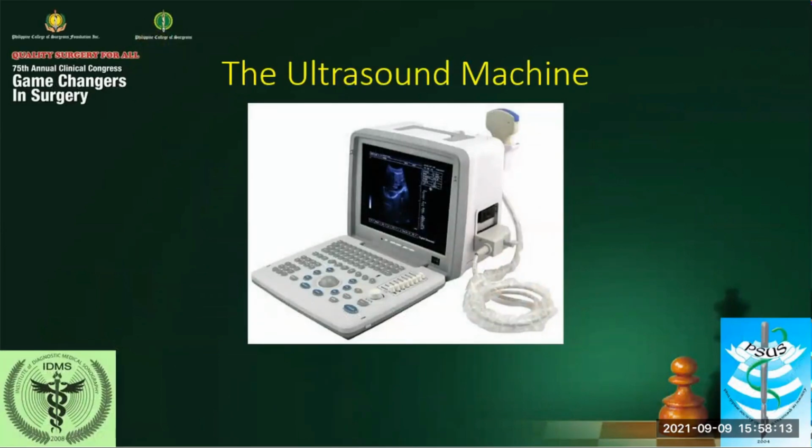You are now familiar with the ultrasound machine, or to some who may not have seen the ultrasound machine, you have three main parts. This is a sample of a portable ultrasound machine. This is the main unit, where it houses most of the electronic parts. And then, of course, the control panel, where you will find the buttons, some of the controls that we are going to discuss today.